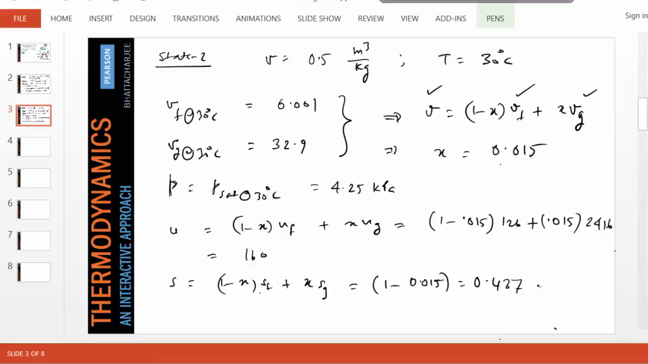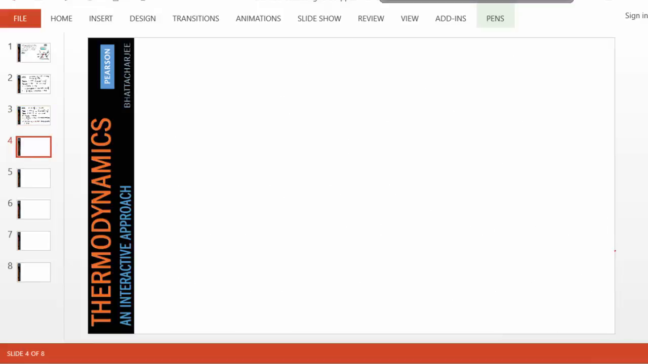Plus 0.015 times s_g, which is 8.45. And if you do the math, entropy turns out to be about 0.56. Okay, so now that we know entropy and internal energy for both the states, the real analysis, the closed process